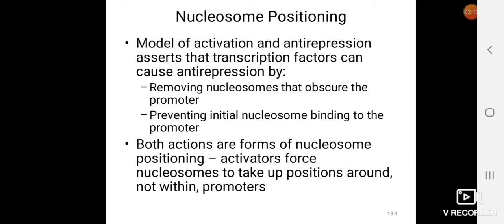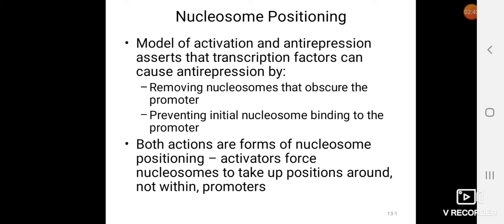So whenever transcriptional activation is required, the nucleosome anti-repression is going to take place. It can happen either by removing the nucleosomes which are obscuring the promoter regions, meaning covering the promoter regions, or it can also happen by preventing the initial nucleosomal binding to the promoters,